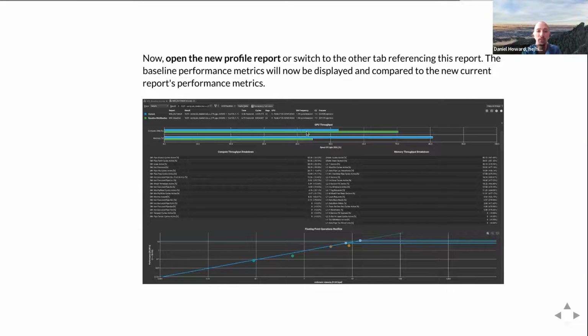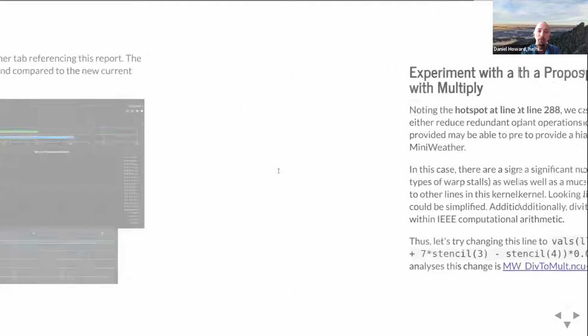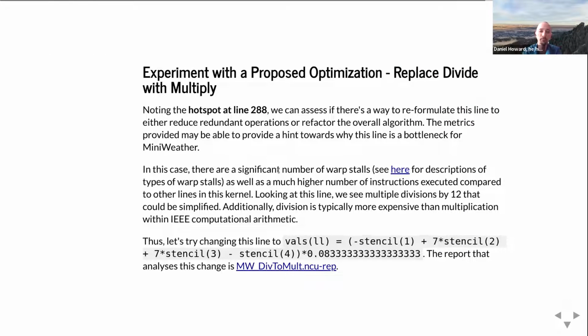You can see here that when we switch from the baseline to our improved code, which I'll detail a little bit of how we did that, we actually got a reduced amount of SM utilization, but we got a much higher memory throughput utilization. If we look at the roofline analysis report, we actually moved from the compute bound region to the memory bound region, but we still stayed at about the same amount of performance of flops per second. So the actual exciting part here is that when we did that change, which I'll discuss in a little bit,